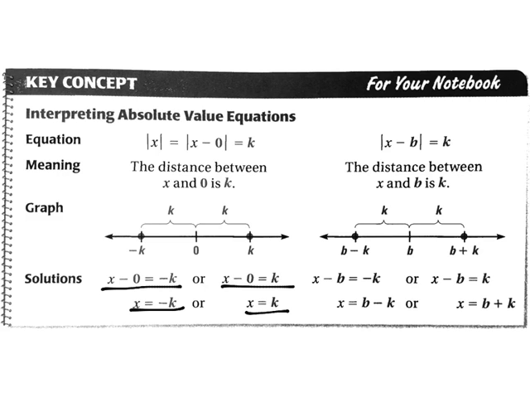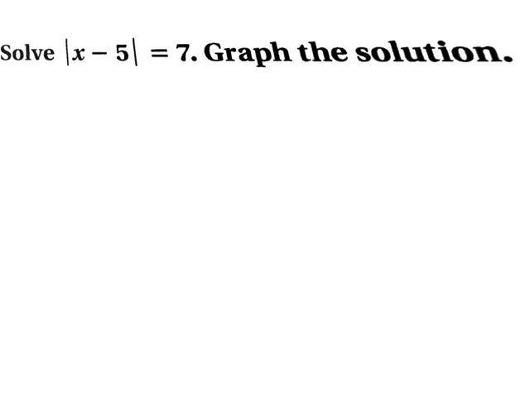Same thing here. x minus b equals negative k, x minus b equals k. When you go to solve, that's how you get rid of absolute values. You plus or minus both sides. So, here, if I had the absolute value of x minus 5 equals 7, then to get rid of my absolute value, I would go x minus 5 equals 7, or x minus